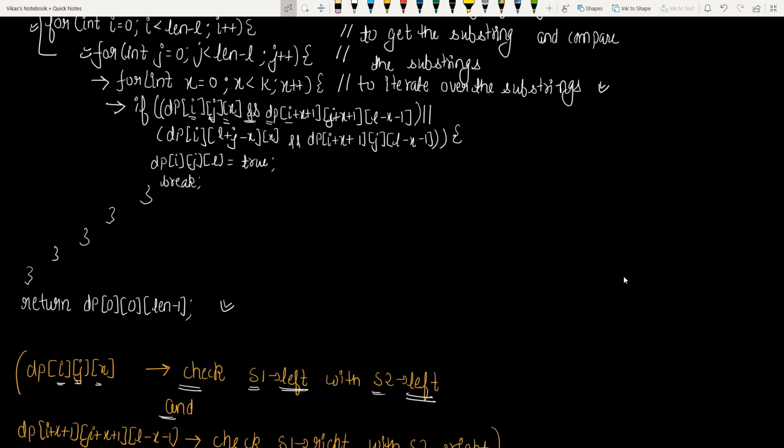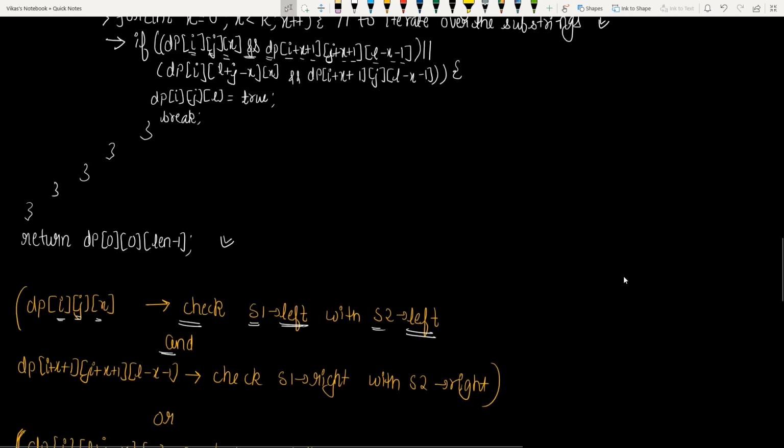dp of i plus x plus 1, j plus x plus 1, and l minus x minus 1. What does this represent? It represents checking the string s1's right with s2's right. So if this condition, or,